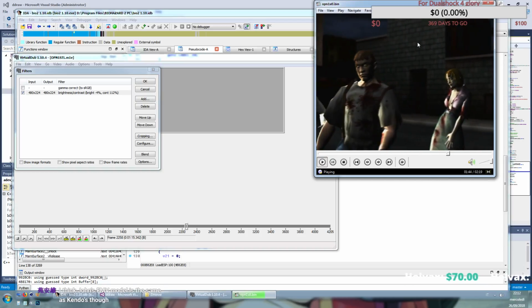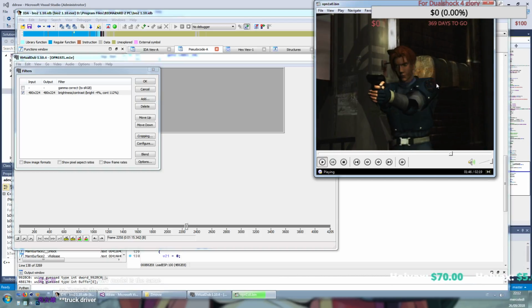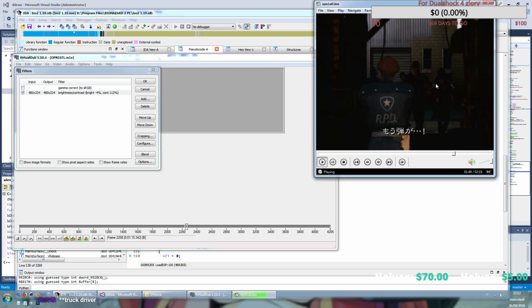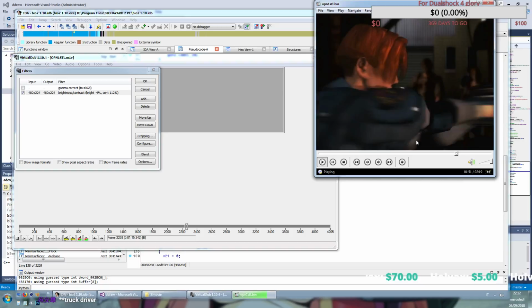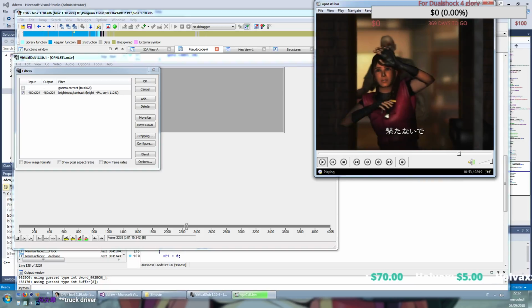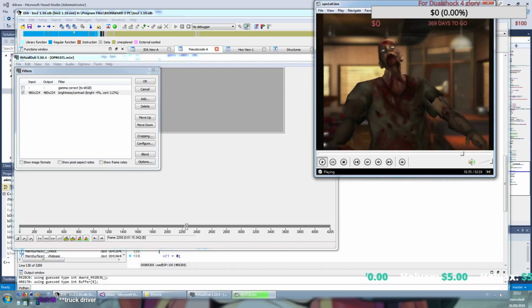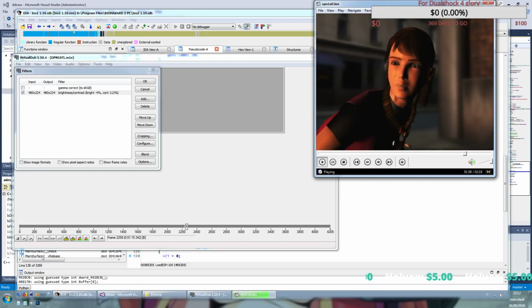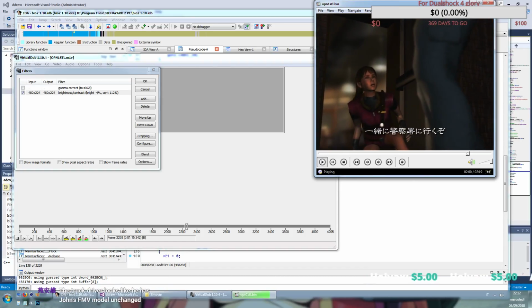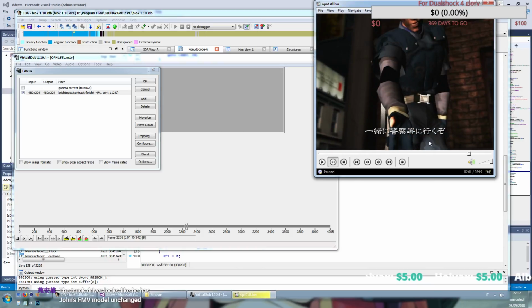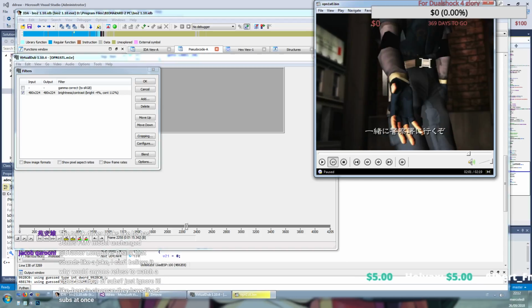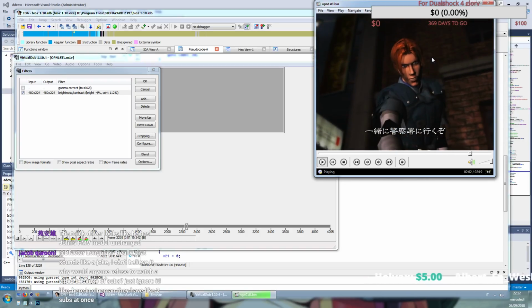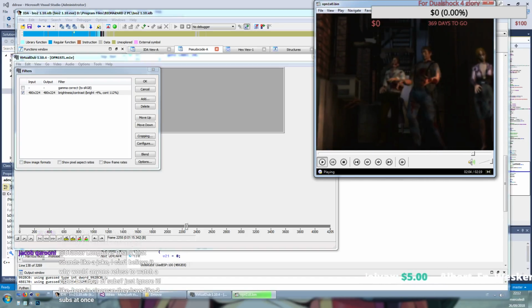Okay, I think we'll get a better rear view of Leon here. Okay, you can see the holster of the gun here, which is not present at all in 1.5. And that's a gun holster, not a... You see, there's no knife here. See, no knife. It's just a different design, but